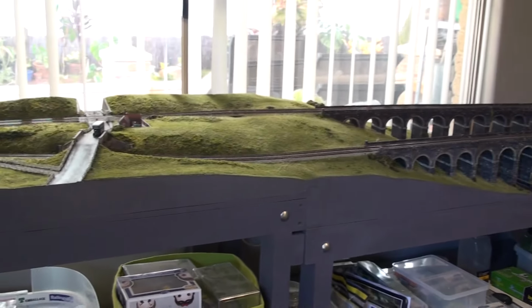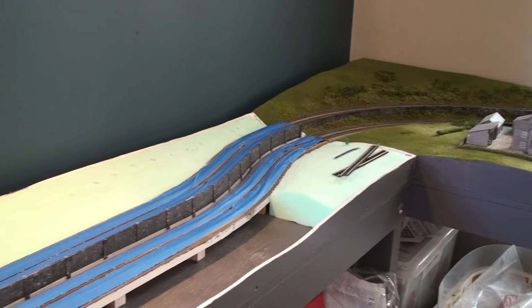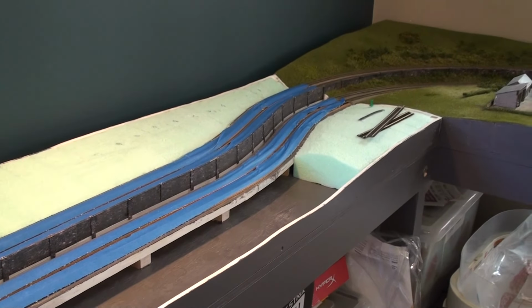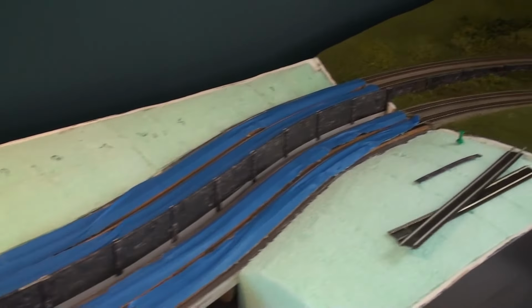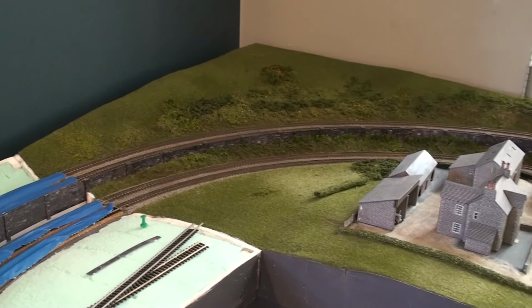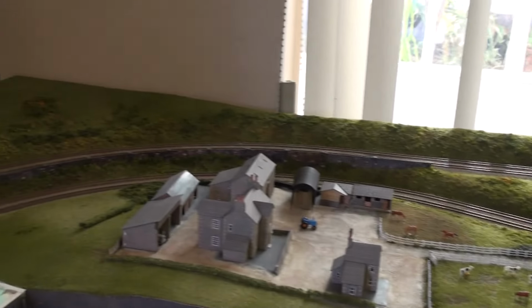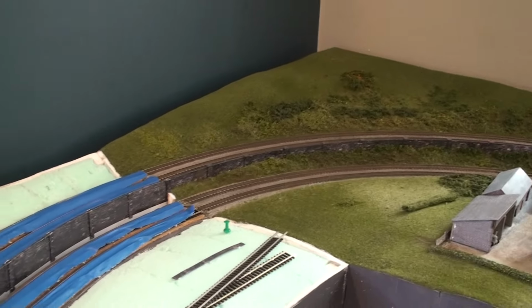So today I'm going to be focusing on the module that comes after the farm, which you're looking at now. A little bit more about this construction method, and I think it's fairly simple to use. You'll notice on this module I have now continued on with the retaining wall, which starts sort of opposite the farm. This retaining wall joins at the module joint and continues on